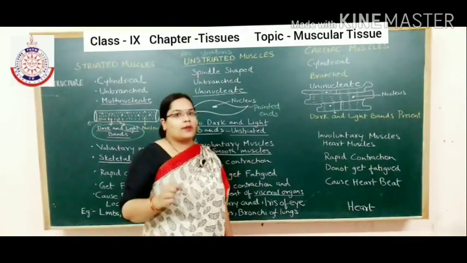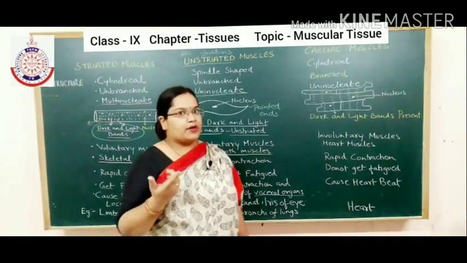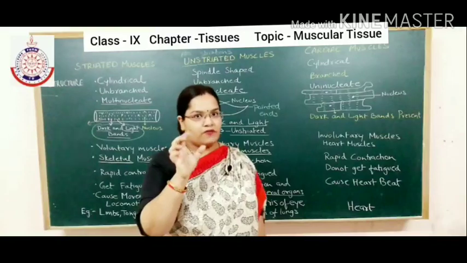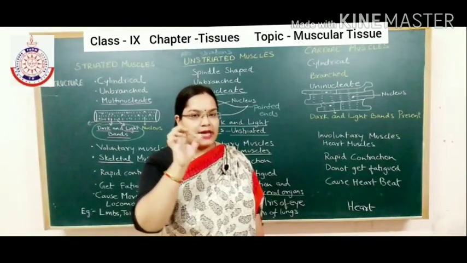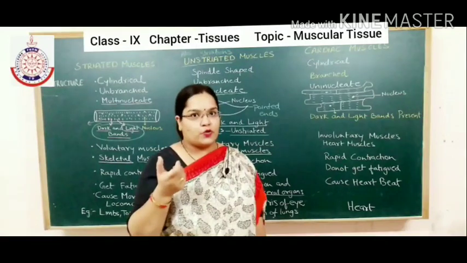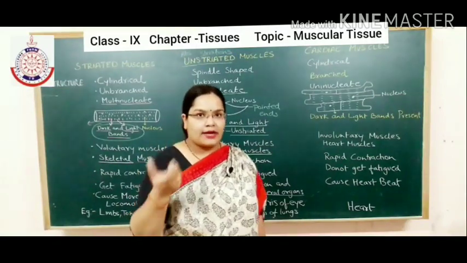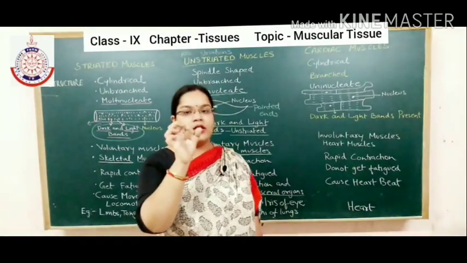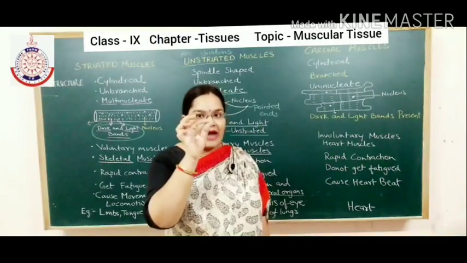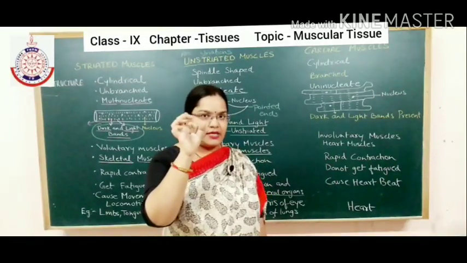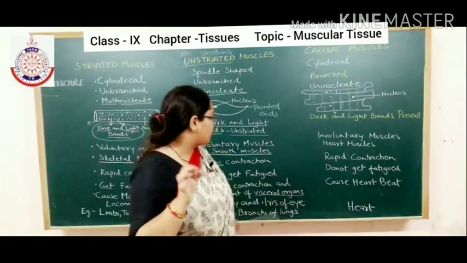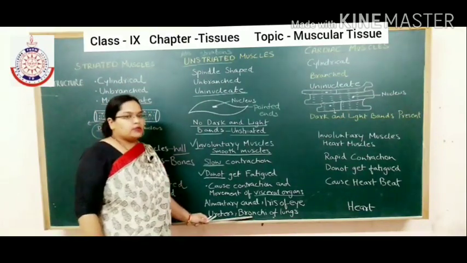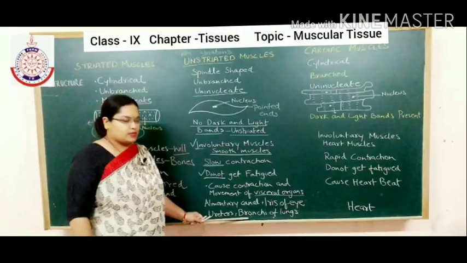You cannot regulate the size of your pupil. It occurs automatically. You can check yourself in front of the mirror and concentrate on the central portion of your eye. You notice that the size of the pupil increases in the dark room. Then, by switching on a mobile light or something else, you will notice that the size of the pupil decreases. That increase and decrease in the size of the pupil is because of the iris muscles. Then ureters and bronchi of lungs are also made up of unstriated muscles.